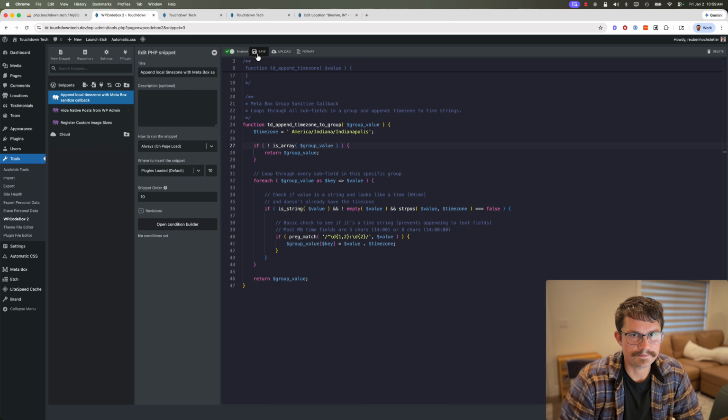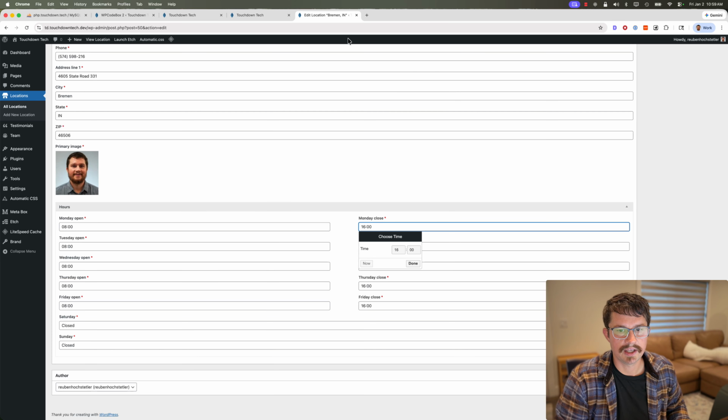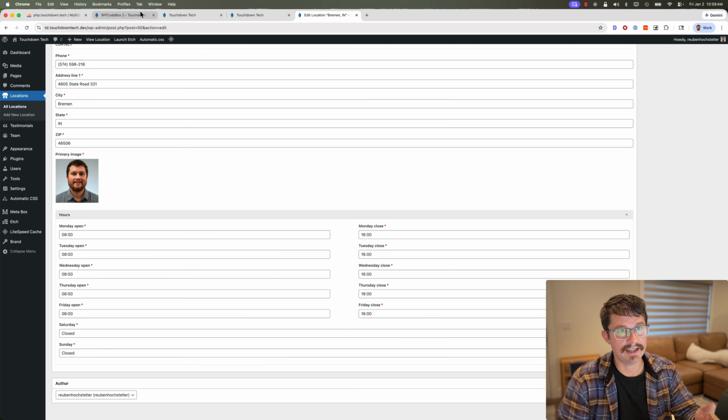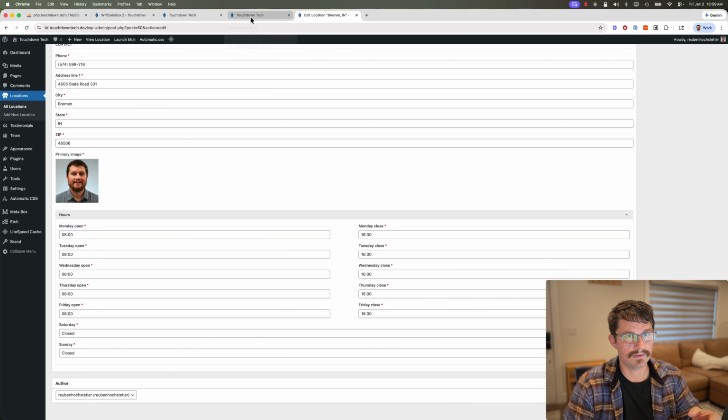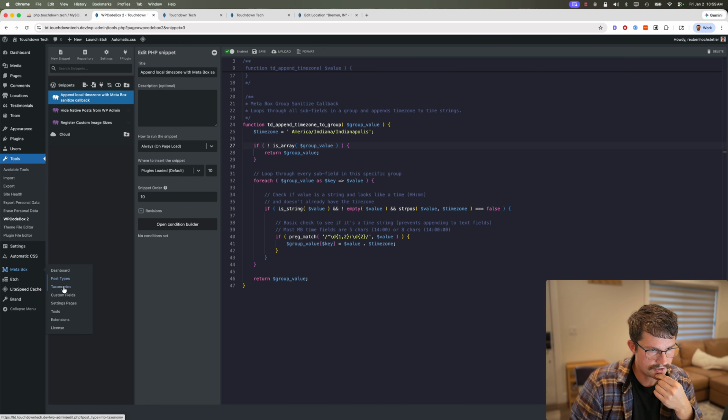I'm going to hit save. Now nothing's going to happen in my database. So if I refresh this, nothing's going to happen here because this function only runs once this is saved, and I need to tell this function to run. So let's go back to MetaBox